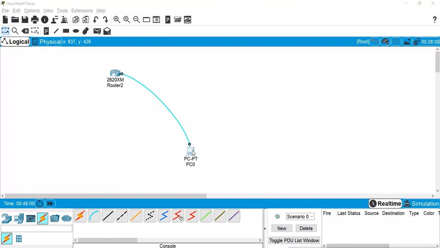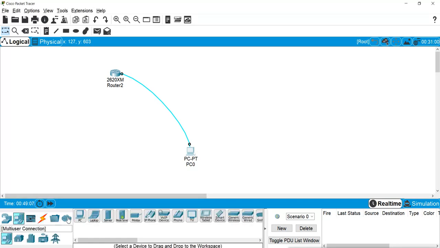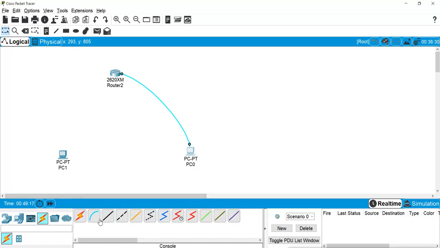This machine is connected to the router through the console port. Now I will use one more machine here, and I will connect this machine through the auxiliary port. I'll go to connection and select the console cable, and now see, the auxiliary port is showing, console is not showing because console is already connected.